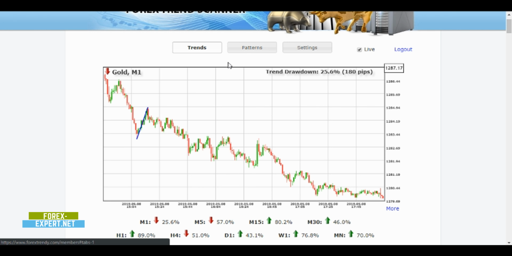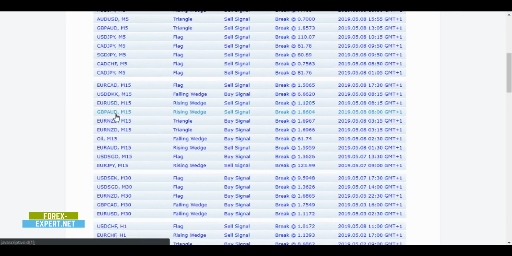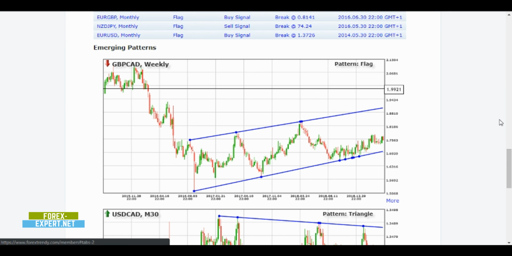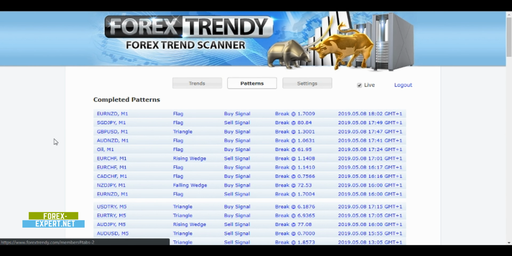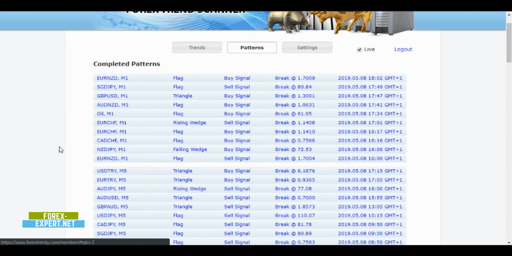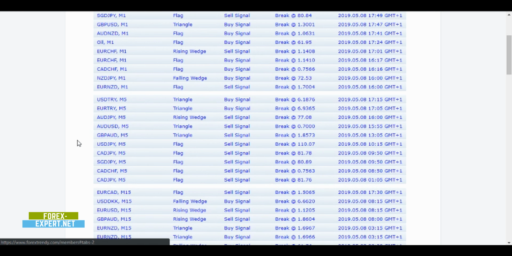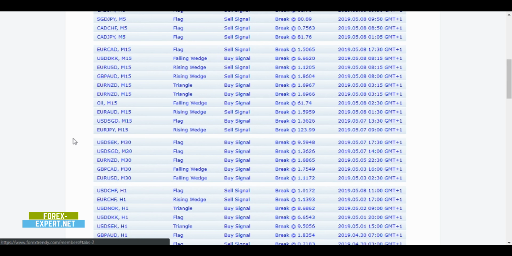So let's jump to the pattern section. In this page you will find the completed patterns and the emerging patterns at the bottom of the page. What patterns does Forex Trendy recognize? Flags, triangles, and rising wedges, falling and rising. Those are continuation patterns, and in fact you have to filter the signals,